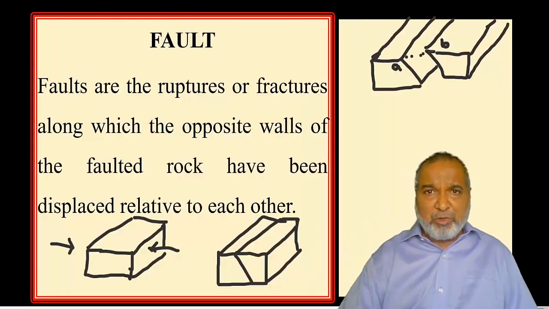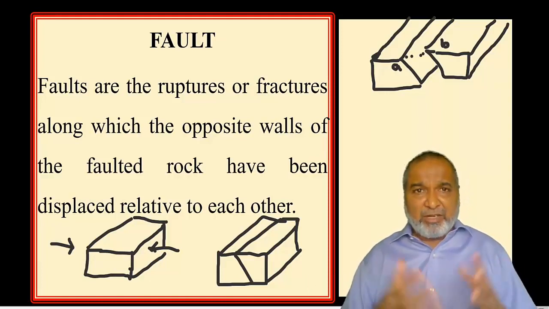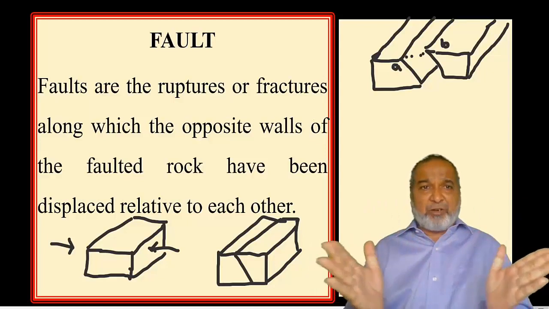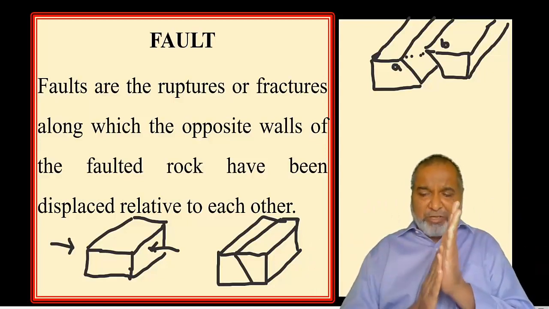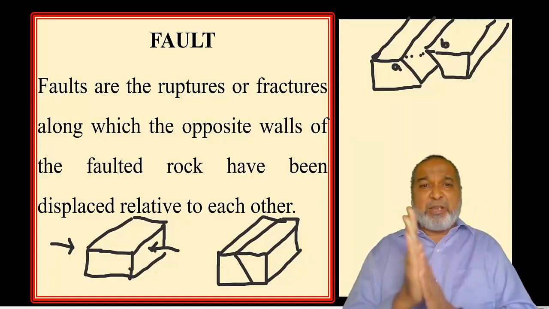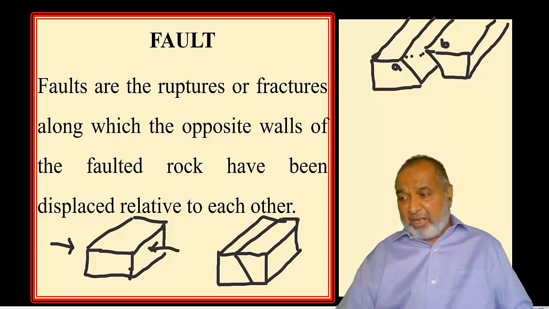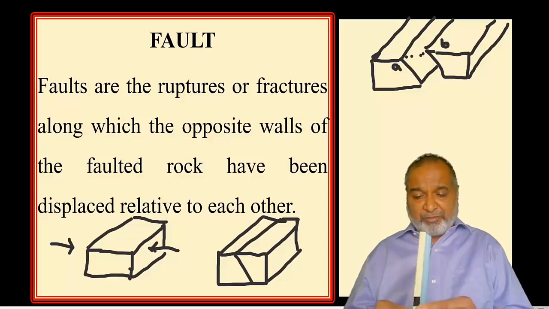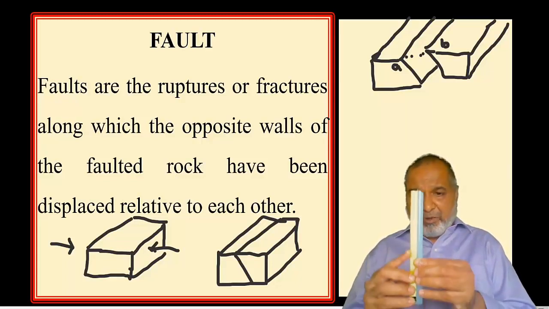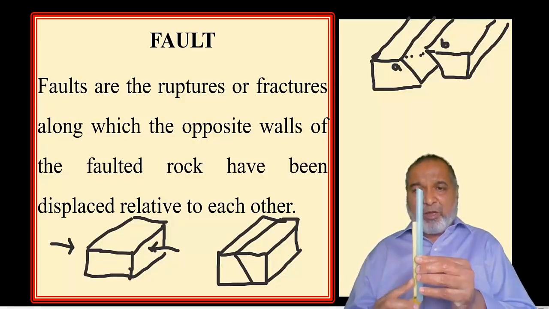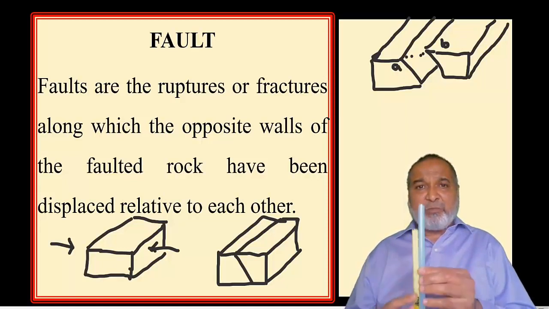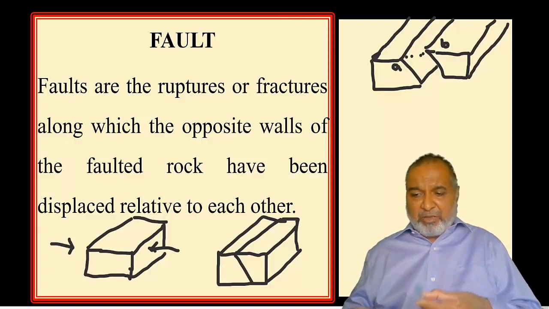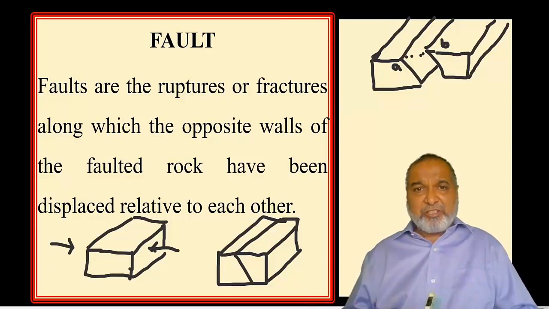These two we are going to see from the fold side. Now we are going to see a fault. Fault is a fracture or rupture along which the two blocks will be displaced along each other. There is a relative displacement. For example, this is one block. Now a fault has taken place. Along the fault there is a displacement. This may be the displacement on this side, or on this side, in any direction.